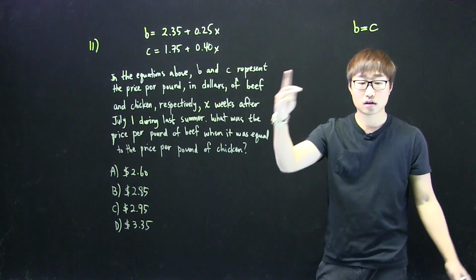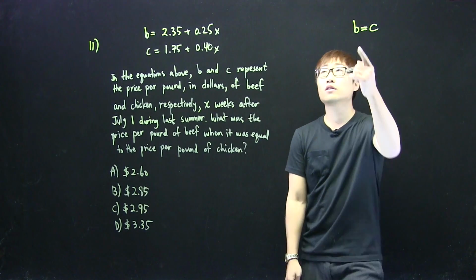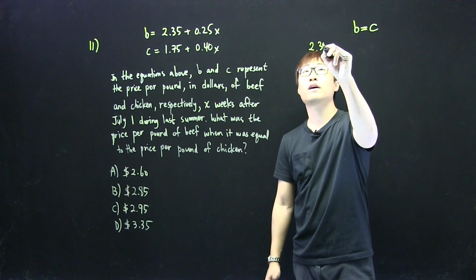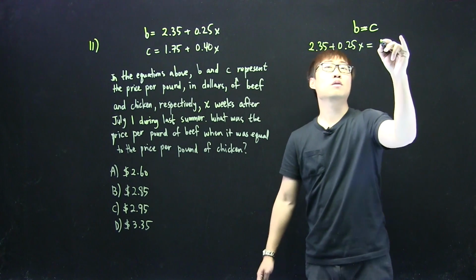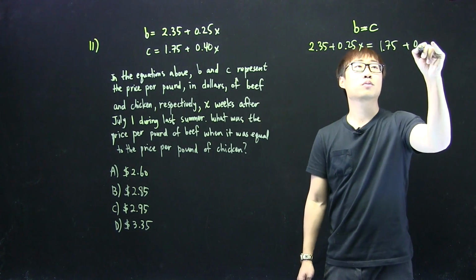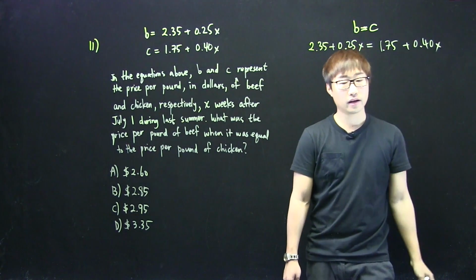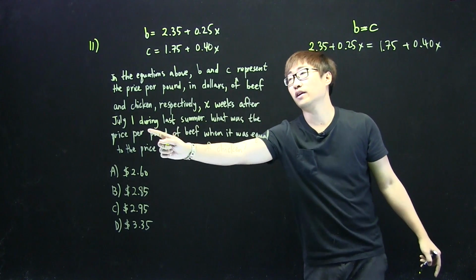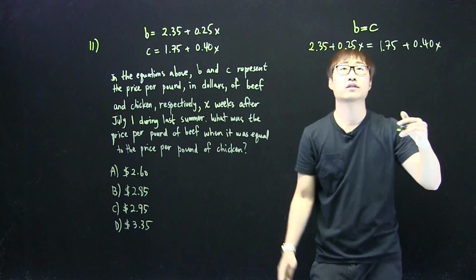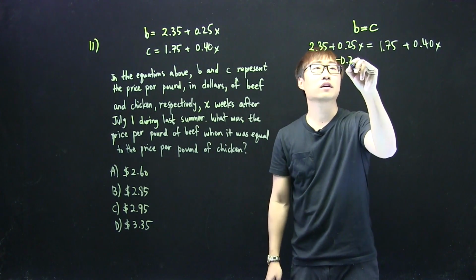So you have this. Go ahead and start your problem. You know what B is. B is 2.35 plus 0.25x. And you know what C is. C is 1.75 plus 0.40x. Go ahead and solve for the x. What is x? X weeks after July 1st, so x is the number of weeks. So subtract